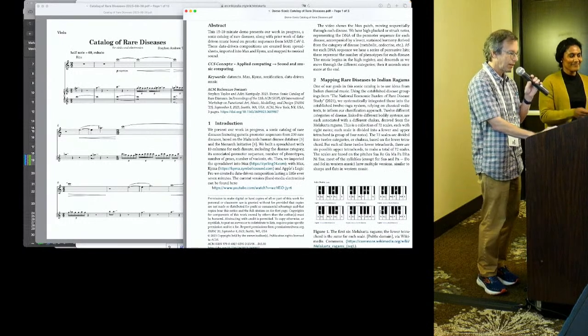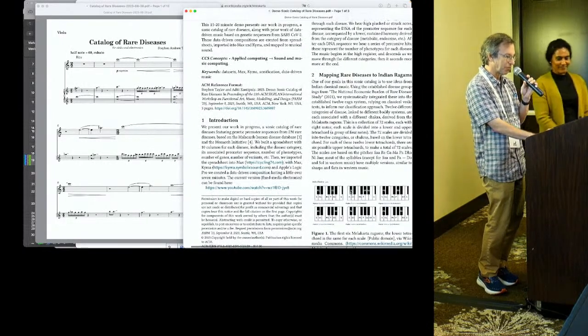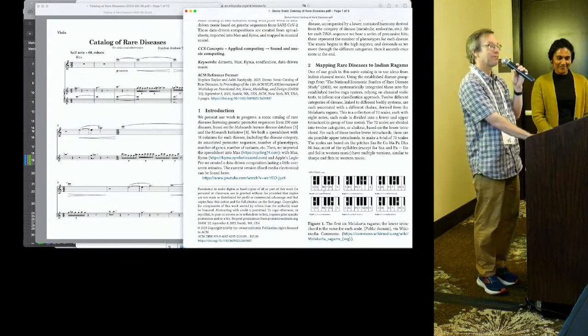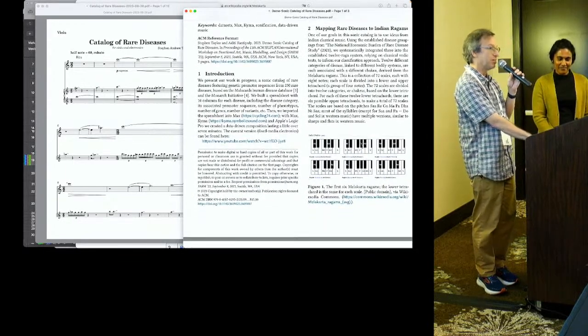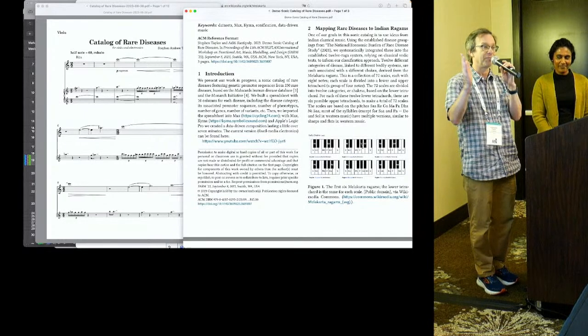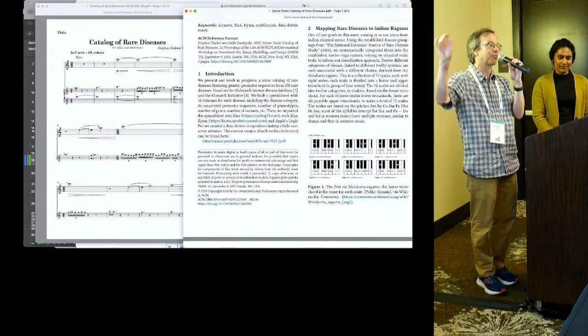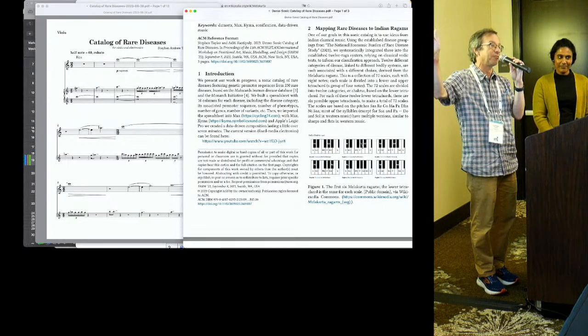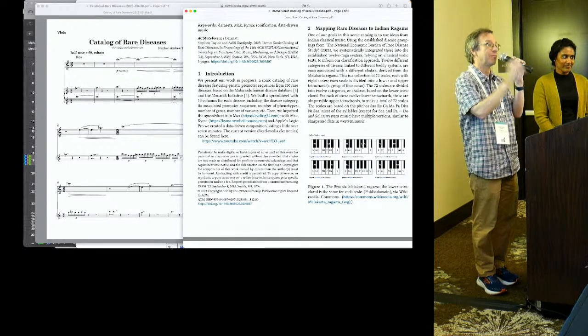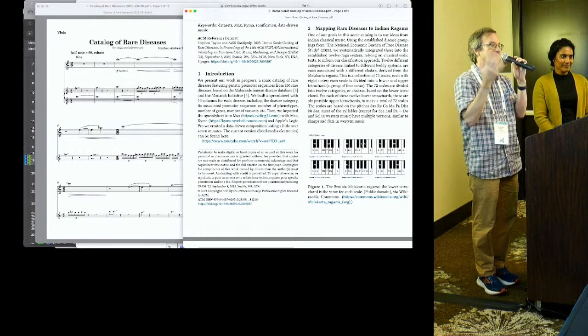Thank you. This is how I got the scales, if anyone's interested. It's in this paper. One of the great things about these 72 Indian ragas is that there are 4 notes on the top and 4 notes on the bottom. The 4 notes on the top I just turned into the DNA letters, and the 4 notes on the bottom became the chord underneath it. So that worked out pretty neatly.